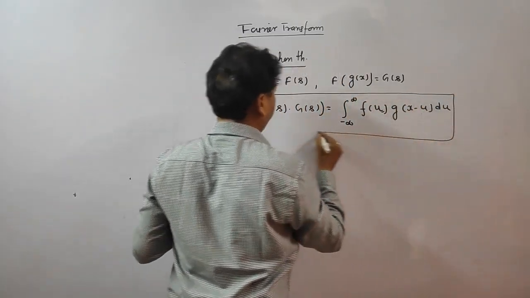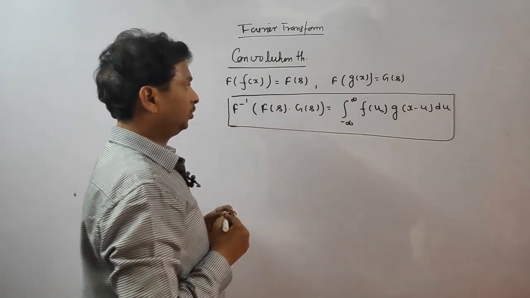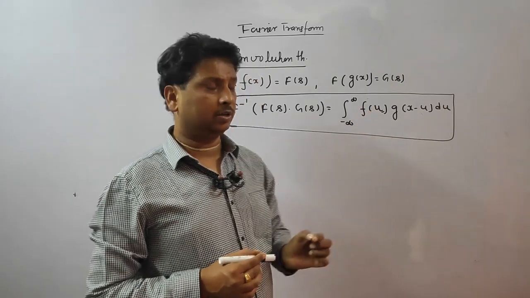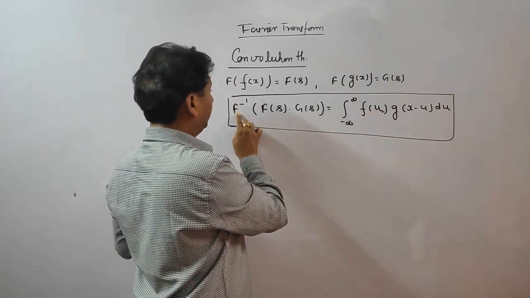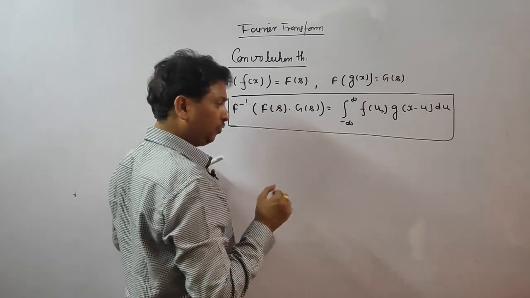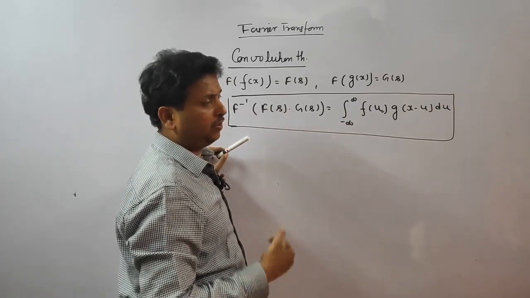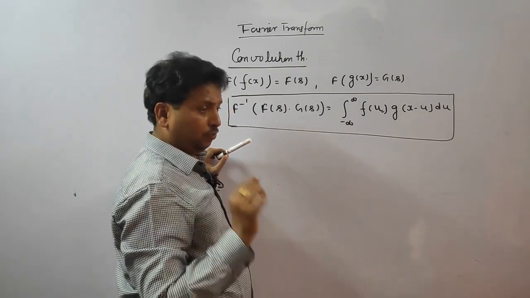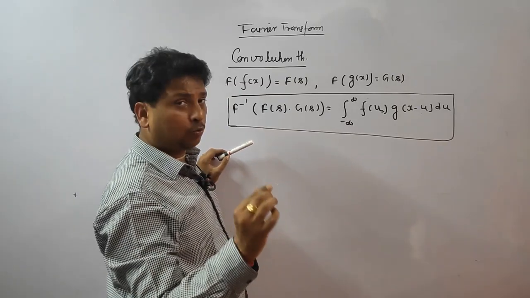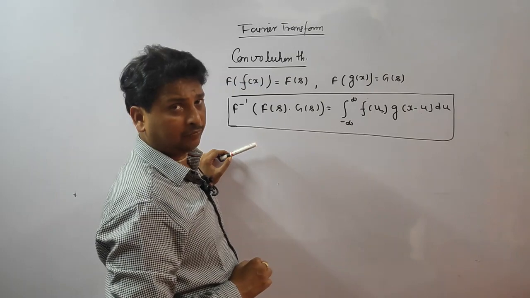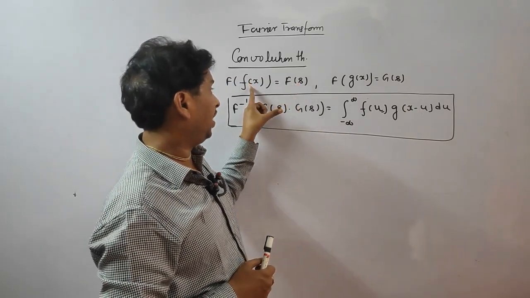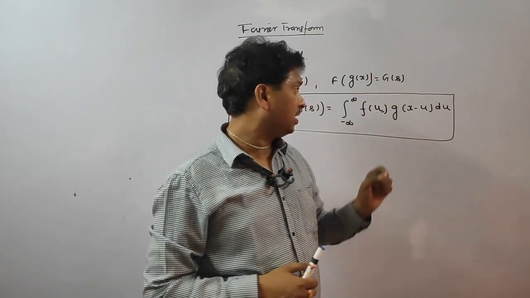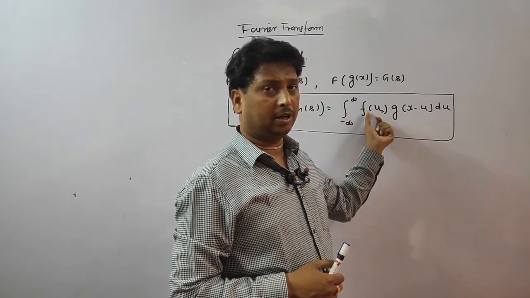This is a very important formula. So whenever F(s) and G(s) we know, what is our work? We have to calculate the inverse of F(s) into G(s). So whenever they ask the inverse Fourier transform of any function, first choose the F(s) and G(s) values. Once you know F(s) and G(s), calculate their inverse Fourier transforms. The inverse of F(s) is f(x), the inverse of G(s) is g(x). So once you know small f(x) and small g(x), just put the values here and integrate, and you will get the